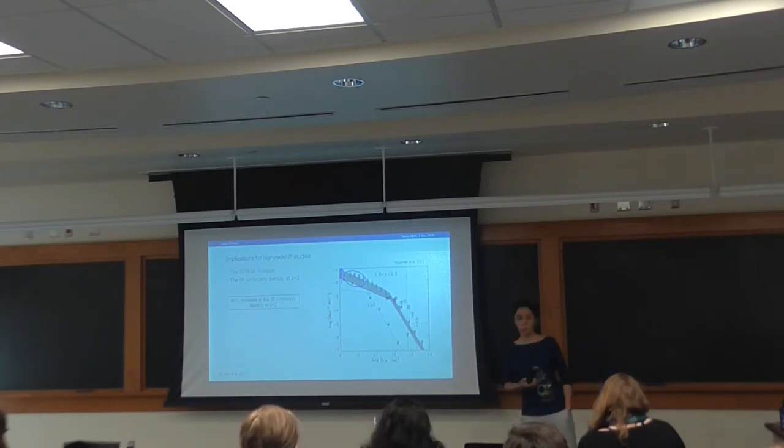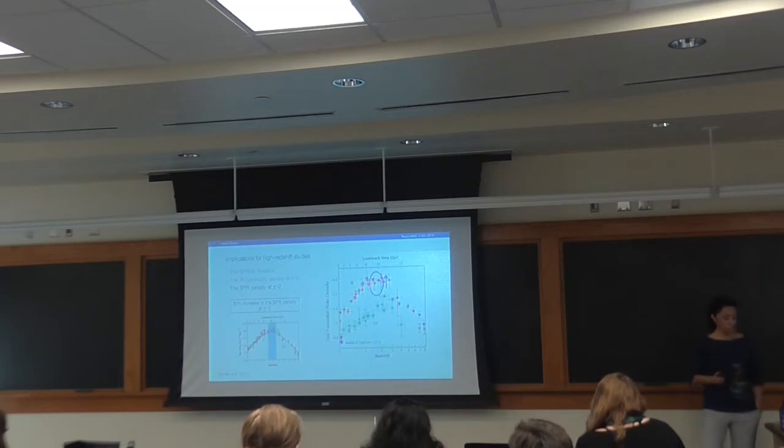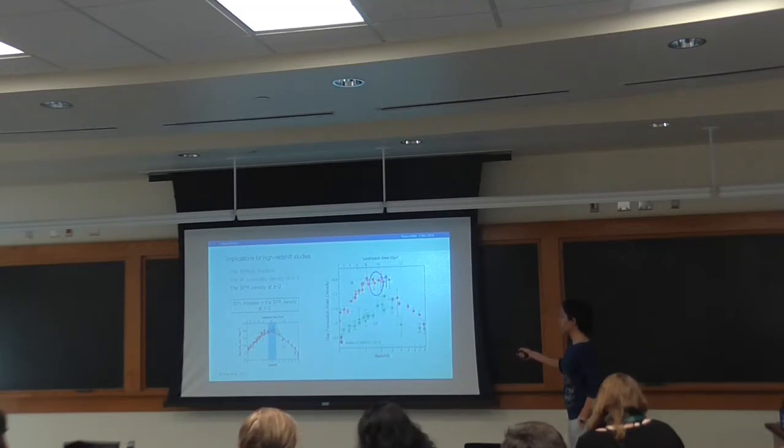We saw a 30% increase in the IR luminosity density at redshift 2, which also leads to an increase in the star formation rate density at redshift 2, because, if you remember, the star formation rate density has two components, infrared and UV,